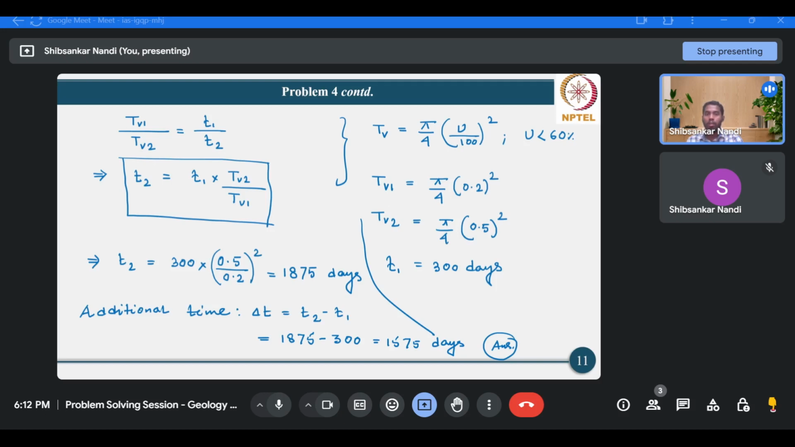So therefore for 20% degree of consolidation, the time factor is pi by 4 into 0.2 whole square, and correspondingly for 50% it's pi by 4 into 0.5 whole square. So now if we substitute these values of TV1, TV2 and T1 in this expression, we'll get the total time required to achieve 50% degree of consolidation. However, we have to report the additional time, so therefore we have to subtract T1 from T2 to get the additional time, and which is 1575 days. Okay, so if this is fine, then